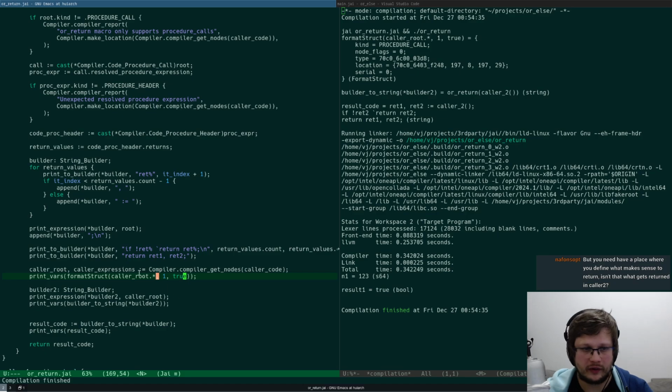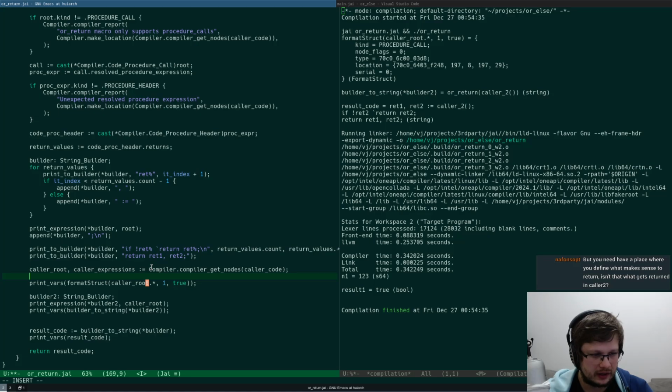Procedure call. Oh, I need to cast it. Color root, compiler get notes, color code, color call equals cast to compiler code procedure call color root, and then